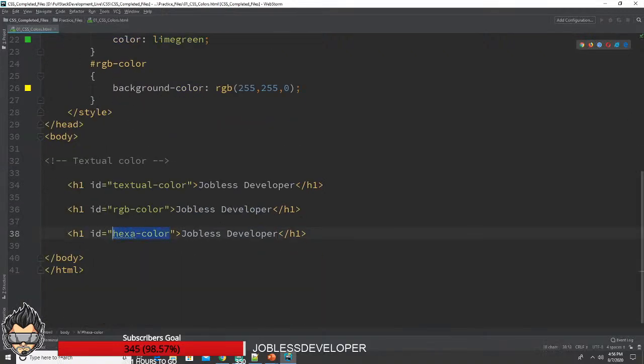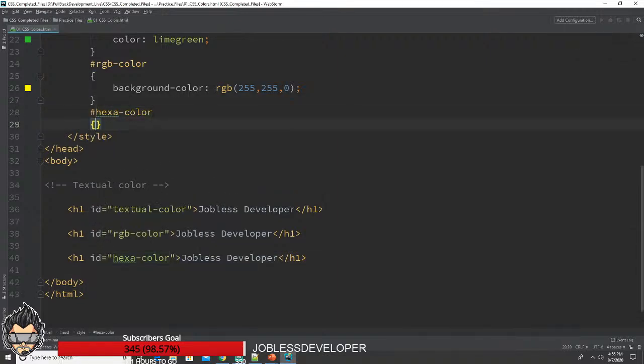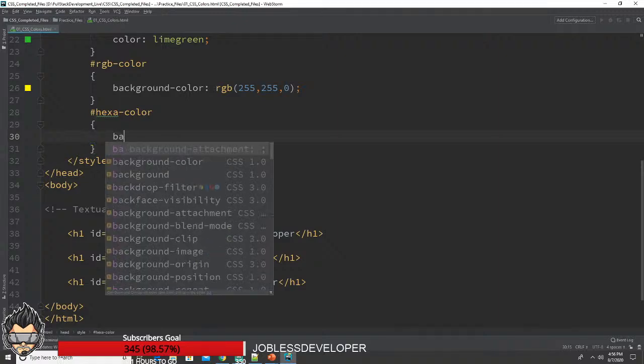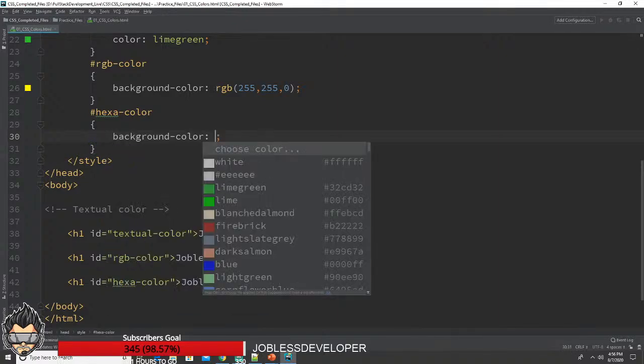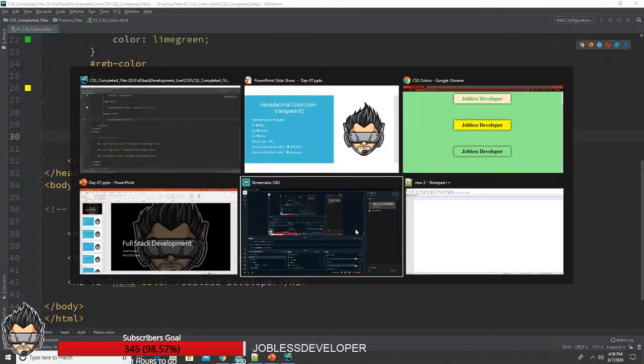So copy this code, say hash, paste it. So I want the background color. You can see these things, right? The hash 1 2 3 4 5 6, these things are nothing but